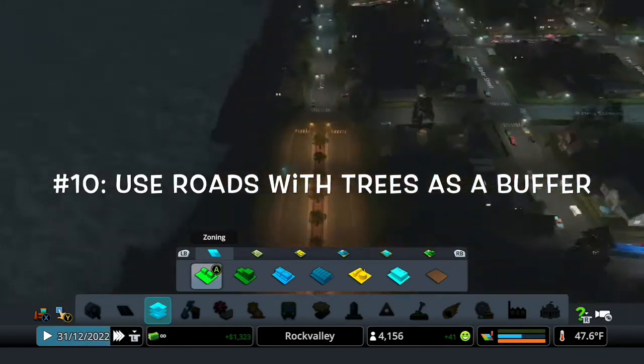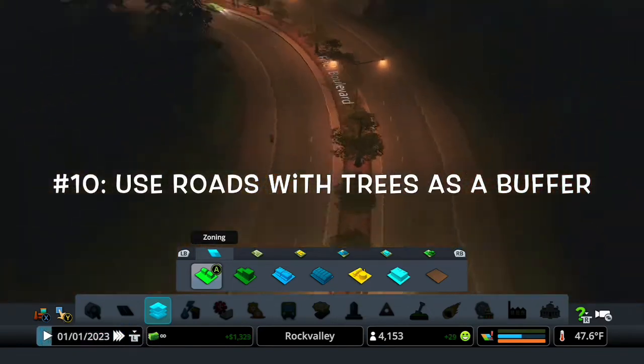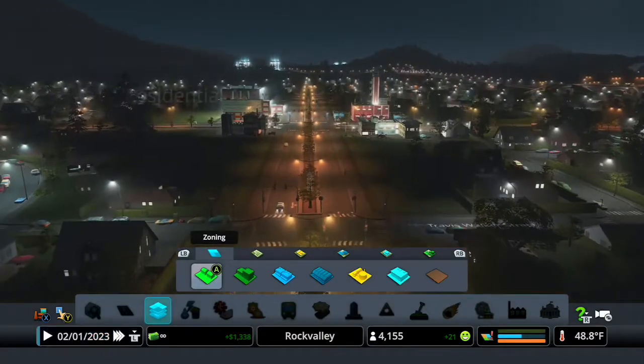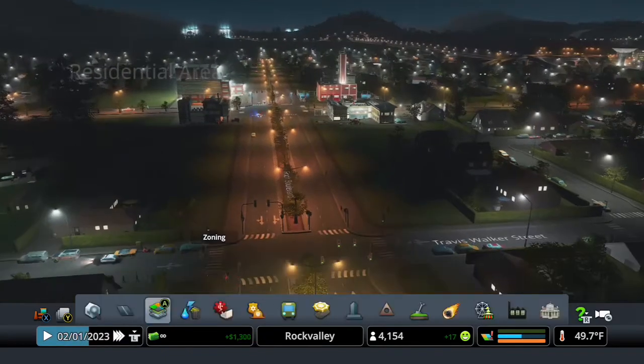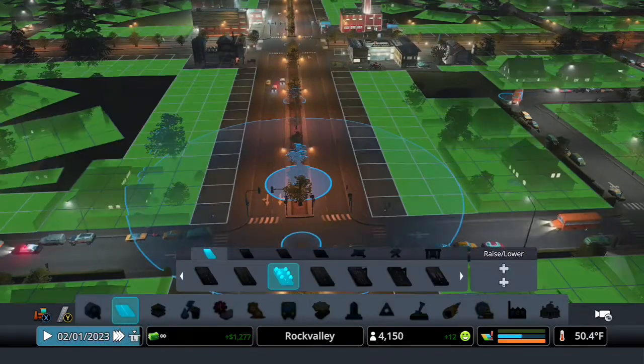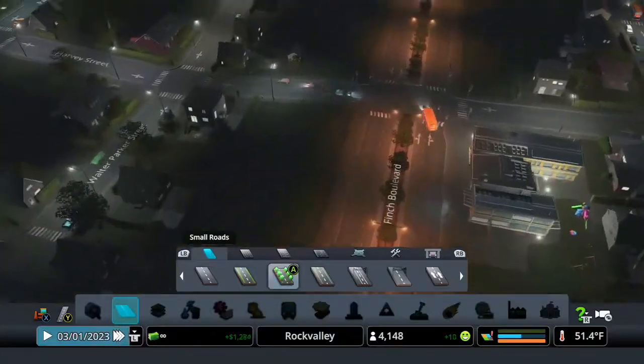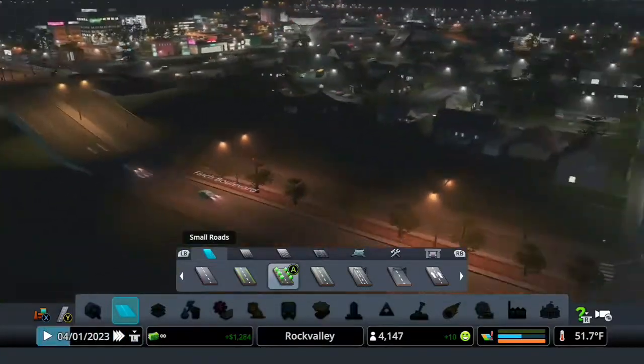And tip number 10, use tree roads. Use roads with trees. Avenues are nice, but they should largely be used for the city. They're more pedestrian focused. So just these simple roads with trees. I mostly have been using them for main roads, but what they allow me to do is create this little separation between,